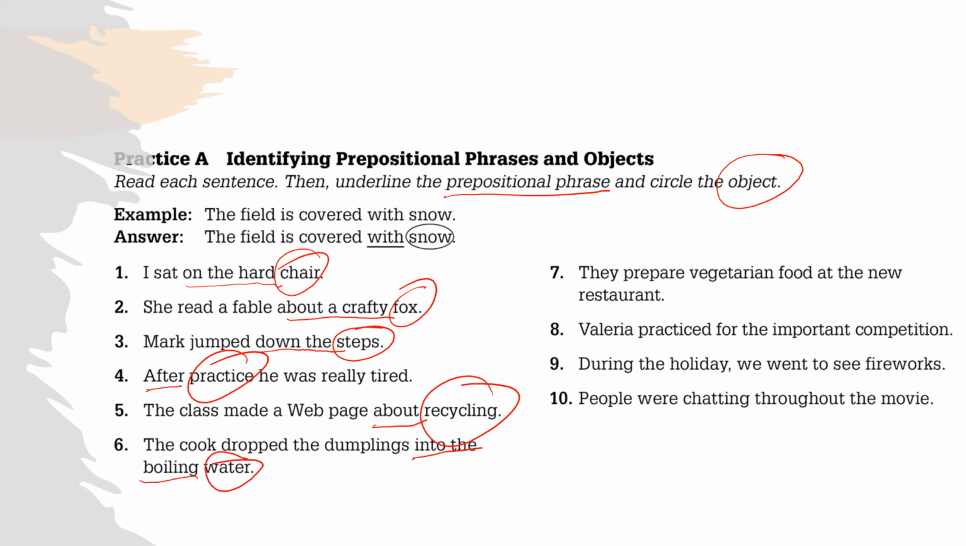So basically what I do, I look for the preposition first and I start underlining from there. Number 7, they prepare vegetarian food at the new restaurant. So we have at the new, then we have to circle the object, that is restaurant. So for the important competition during the holiday,